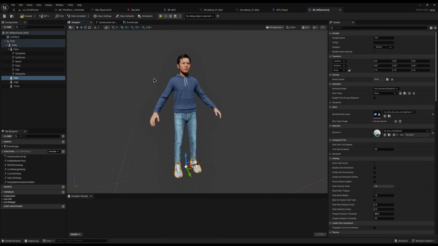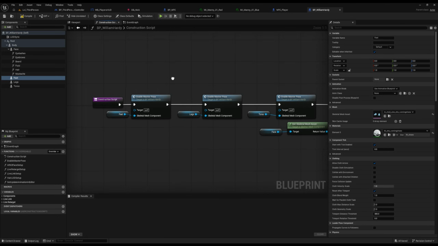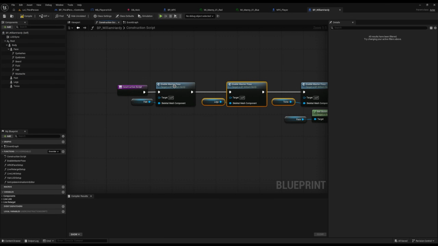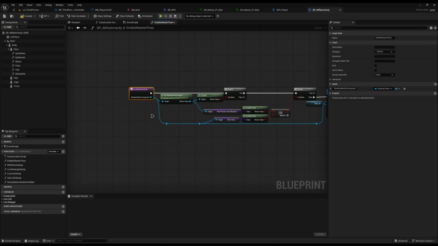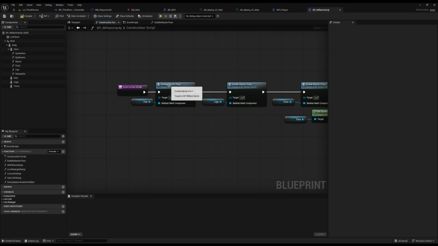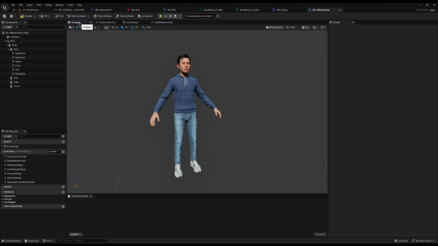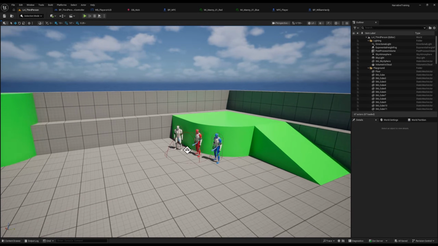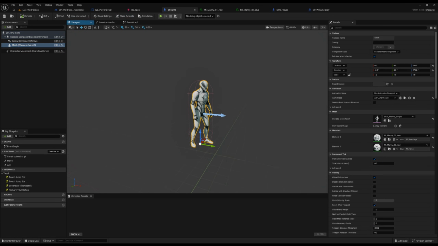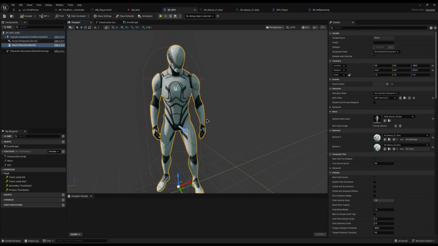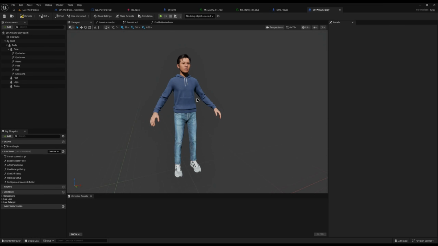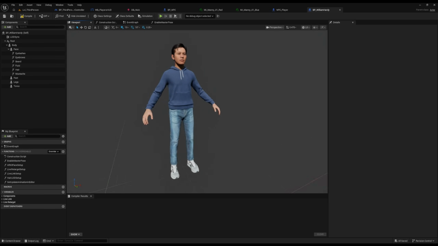If you've got a CC4 character and you've exported it modular, it'll be the same thing, but you'll need to enable the master pose in order to make it work. I believe it might be renamed to enable main pose, I don't remember. But the key thing is, it needs to run this leader pose component logic. If you've got the metahuman, it does it for you. If you've got your character as a singular mesh, so it's more akin to the Mani characters, where it's just a singular mesh, this absolutely can work too. We just need to do a tiny bit of modification to narrative, which is all built in to allow you to do it. But for us looking at the metahumans for now, super easily, we've got our metahuman, but one